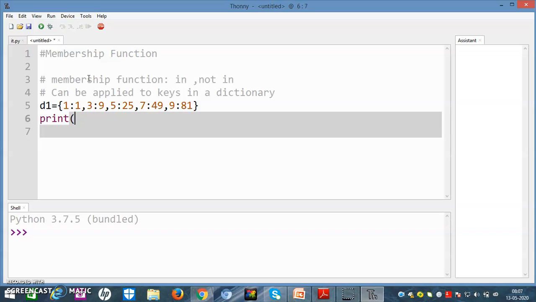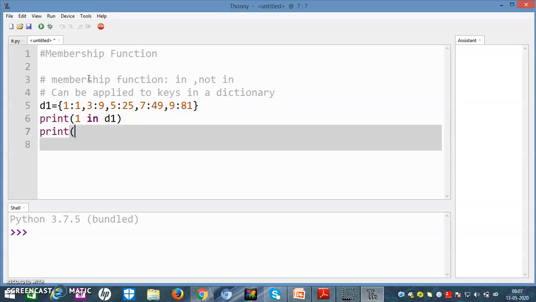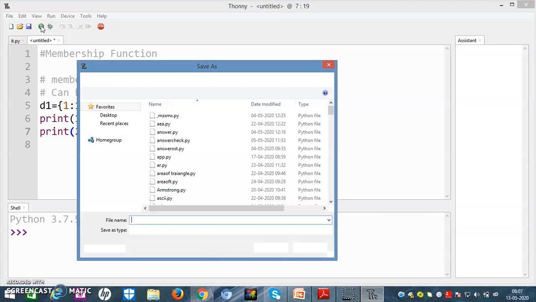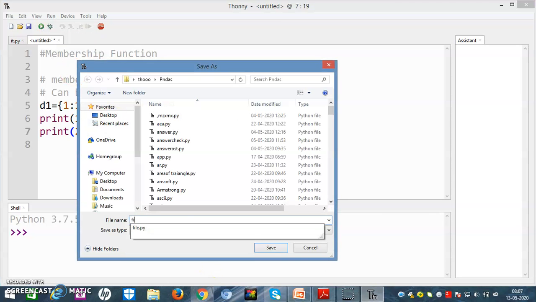Now print, I will check for key 1 in D1 and print 2 not in D1. Now I will save it and let us check what will be the answer of the following code. I will save it with the name membership dict.